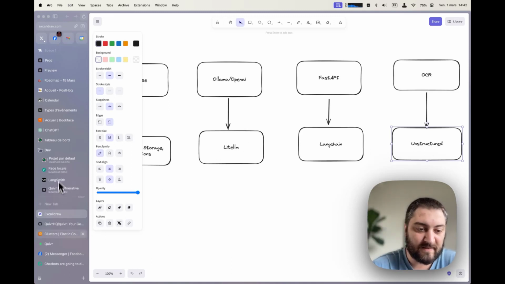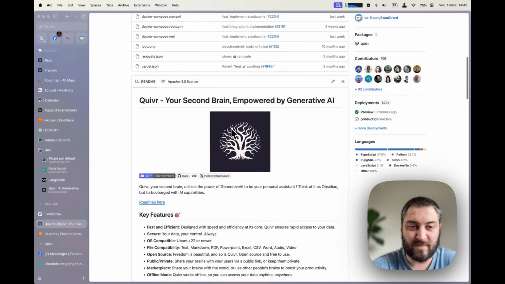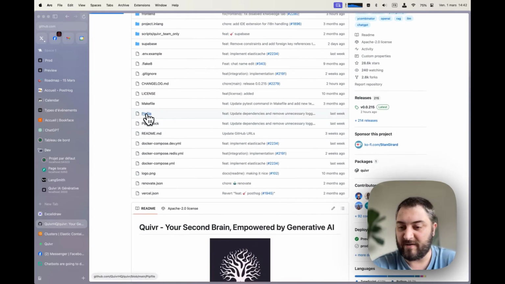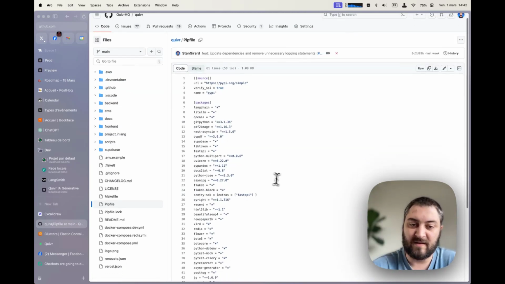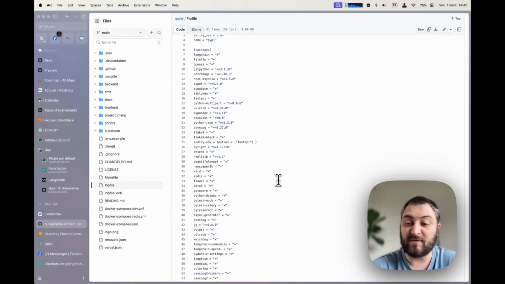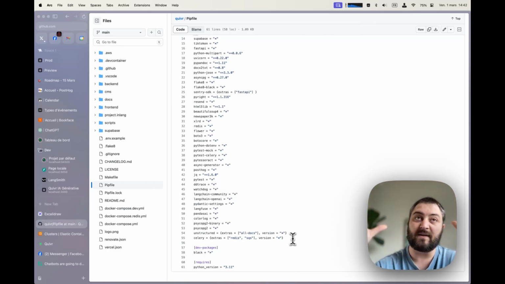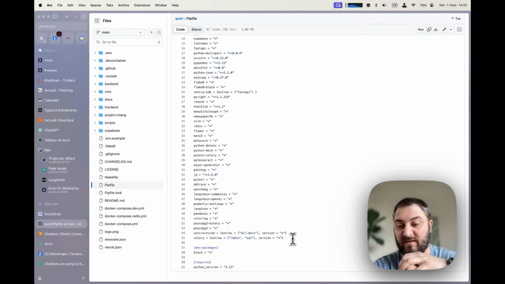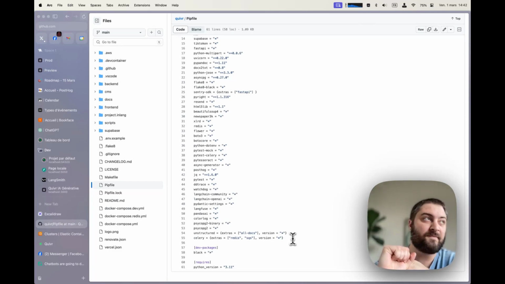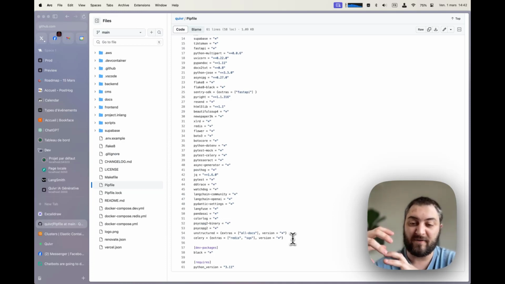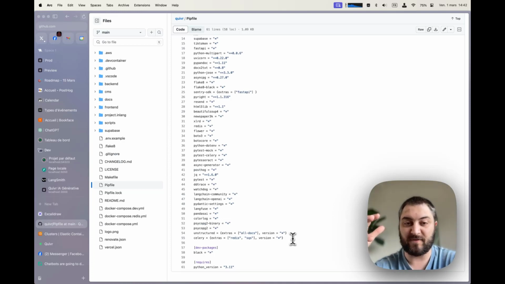So now that you have all of that, you see that we use many things for different use cases. If we look at Quiver and go to the Pipfile, which declares dependencies, we have a bunch of dependencies because we create a chatbot that allows you to chat with your documents, with APIs. We have OCR for uploading files. That means that our Docker image is getting very, very big. And one of the things with chatbots is because LangChain and LLMs are really written in Python, you have to use Python in most cases.